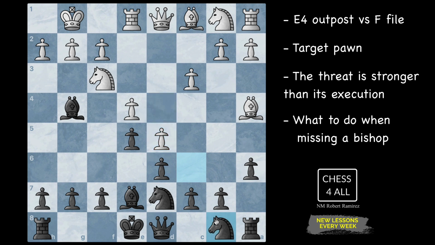knight went to b8. Again, guys, at this point, you should know exactly what to do. The middle game strategy is to break on f5, putting pressure on the e4 pawn. For the white pieces, it is to put pressure on d6. Now, I'm going to leave it here for a moment, guys, and let me show you this position that I